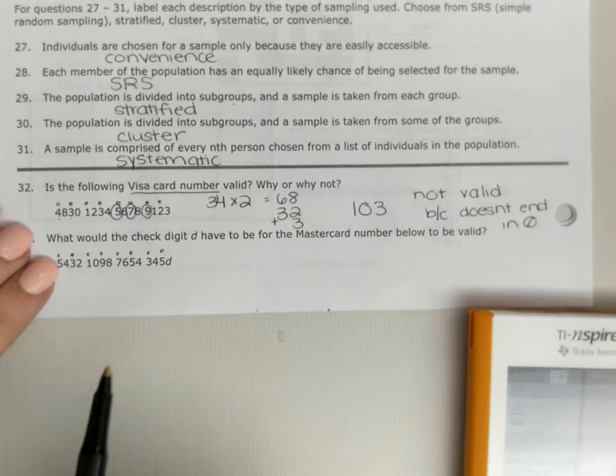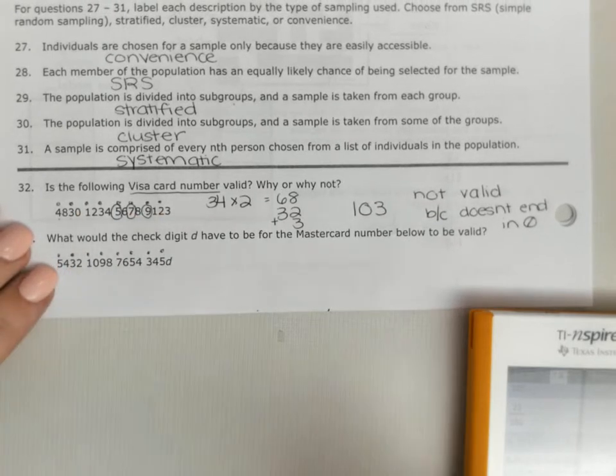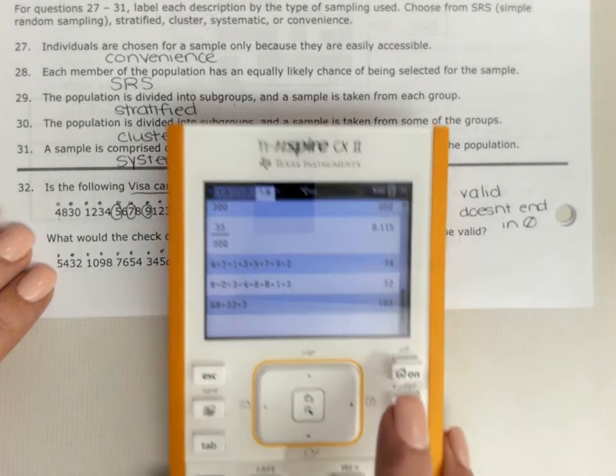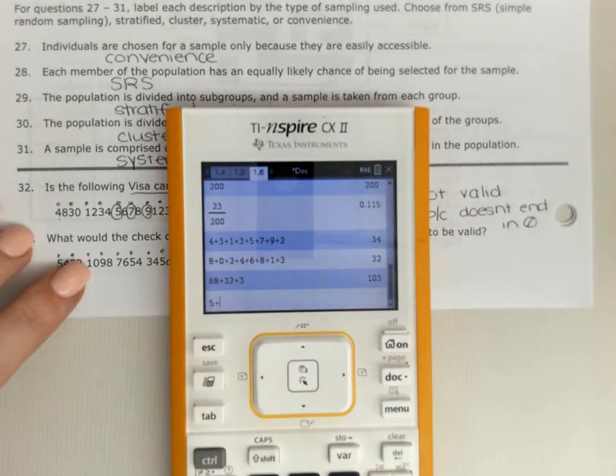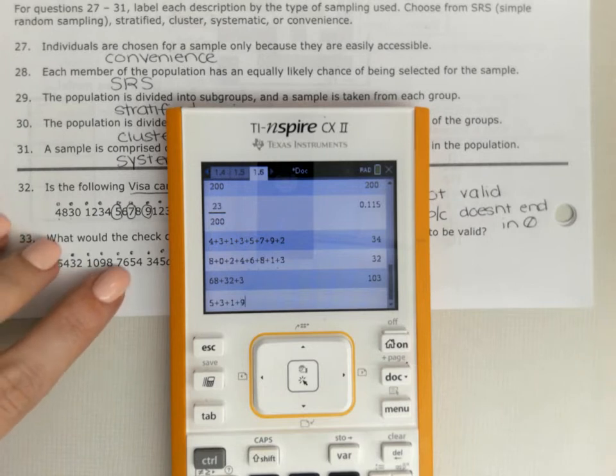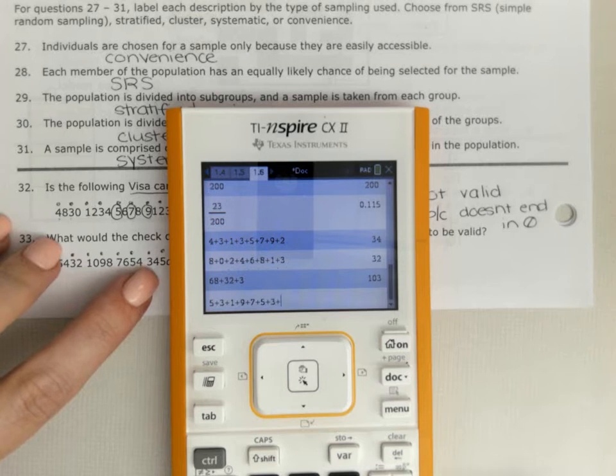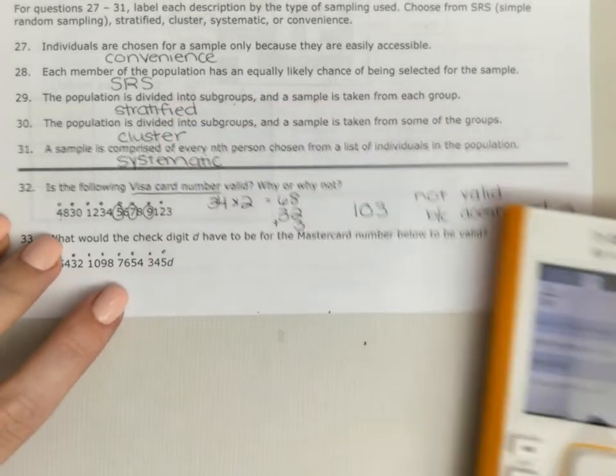So all of the odd digits. Don't look at the numbers, you're looking at the digits. So I add 5 plus 3 plus 1 plus 9 plus 7 plus 5 plus 3 plus 5. And I get 38